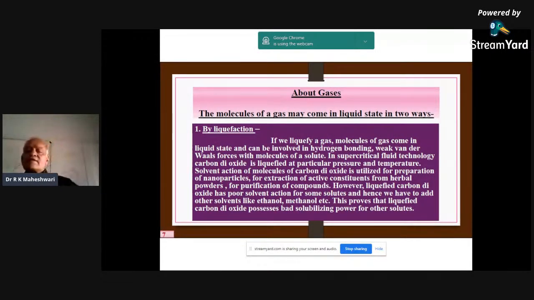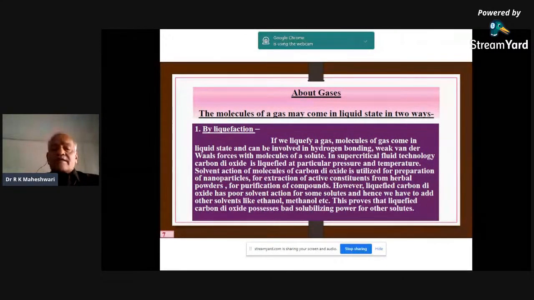I am again explaining this thing to you. In supercritical fluid technology, which exists at this time also, of course, it is a costly method, but in this technology, what happens? CO2 gas, when it is liquefied, is used for its solvent action for making nanoparticles, extraction of active constituents, etc. But this liquefied CO2 is also not a good solvent for each and everything. How do we know this? Because sometimes to increase the solvent character of liquefied CO2 gas, we have to add other co-solvents like methanol, ethanol,